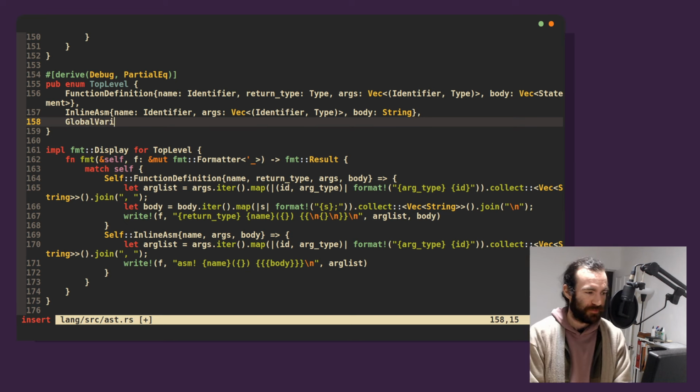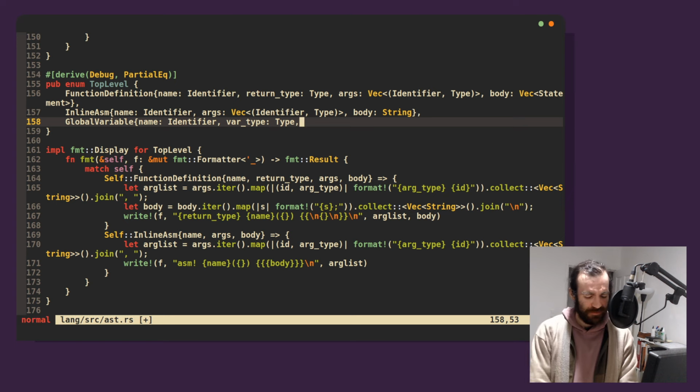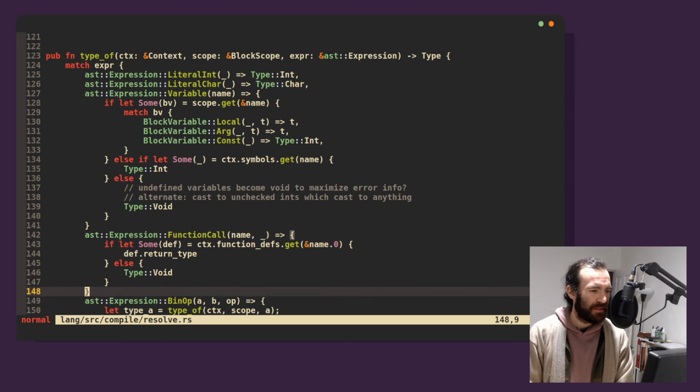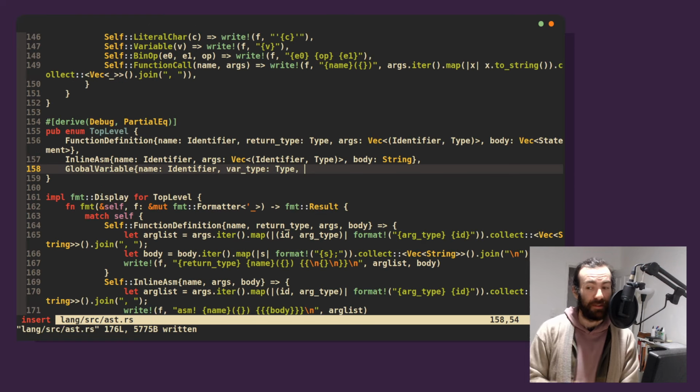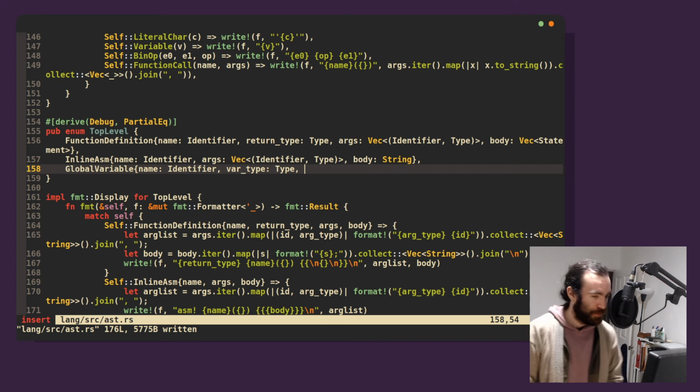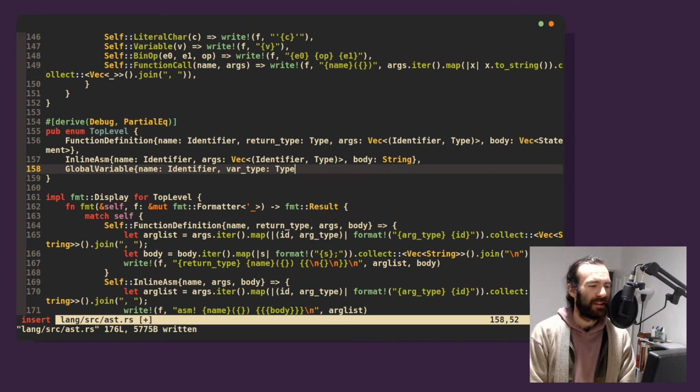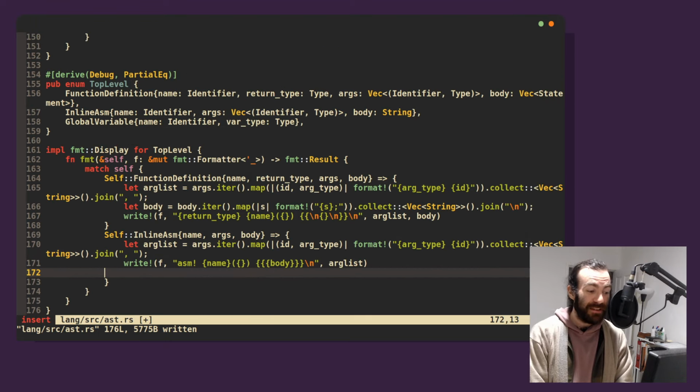global var. It's going to have a name that is an identifier. It's going to have a type, which is going to be a type. I think, did I say, okay, yeah, constants are always ints, but globals can have a type. Globals are special. Globals are different. It has an identifier, it has a type, and it also needs to have, sorry, this is the AST. That's all it is. So now we need to define the syntax, and I like doing this